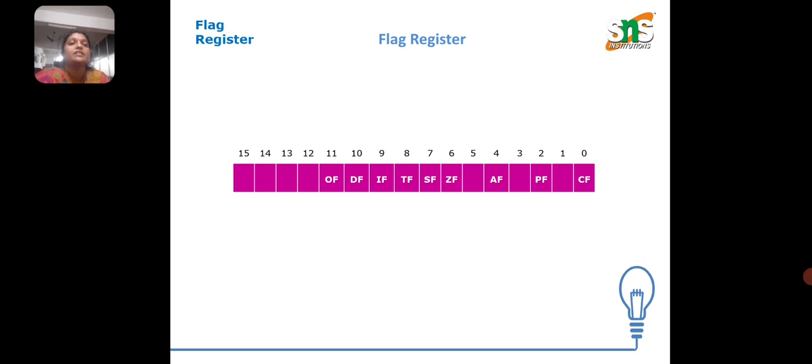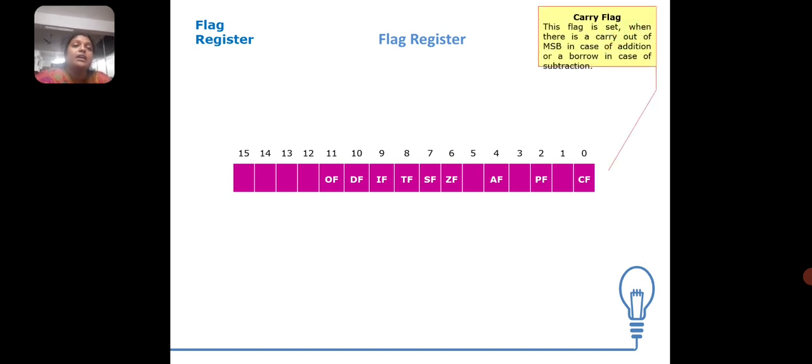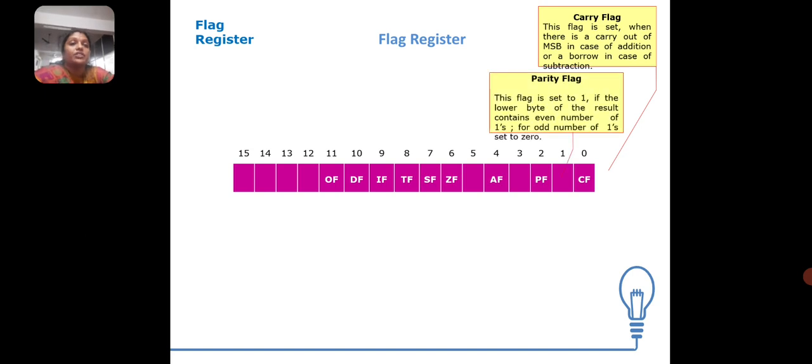Three flags are control flags and the rest are status flags: CF, the carry flag; PF, parity flag; auxiliary carry flag; zero flag; SF, the sign flag; trap flag; interrupt flag; direction flag; and overflow flag. So there are 9 flags. It is mainly used to represent the status of the result. For example,